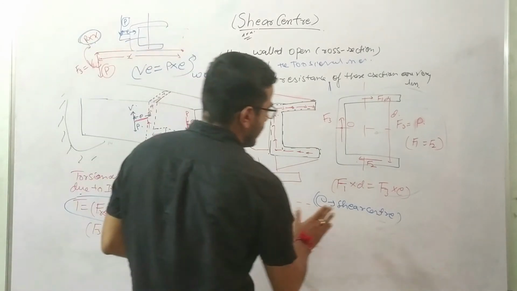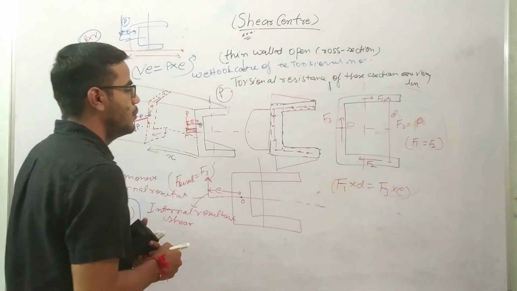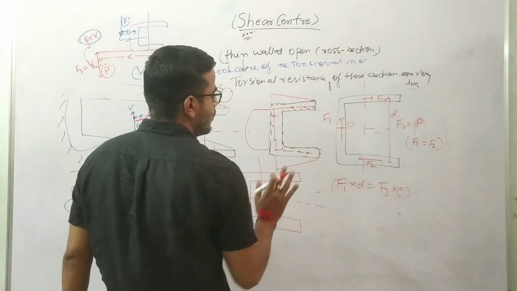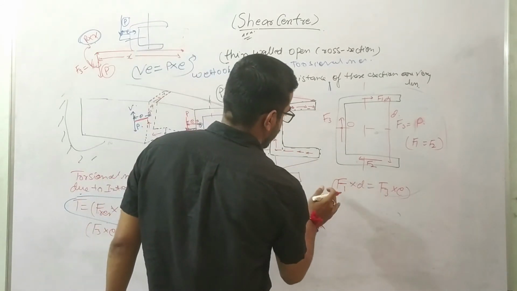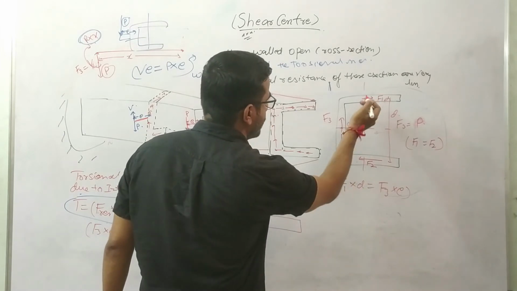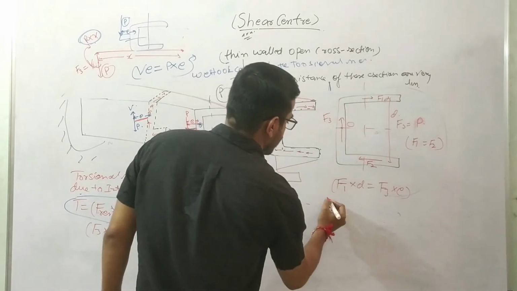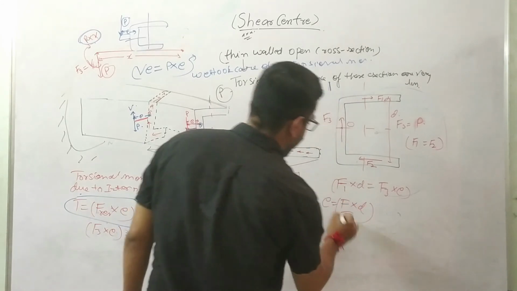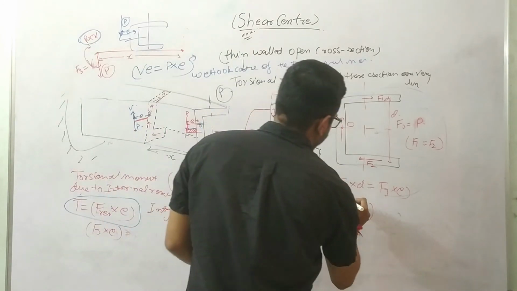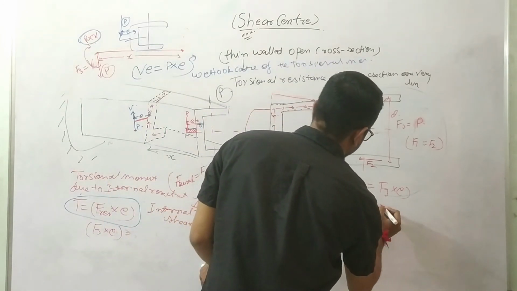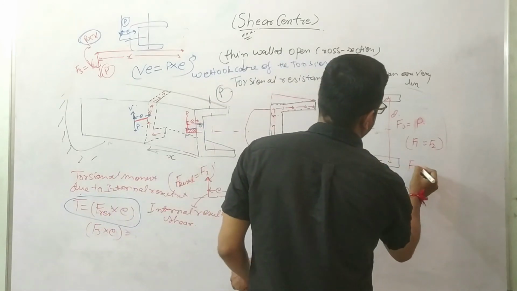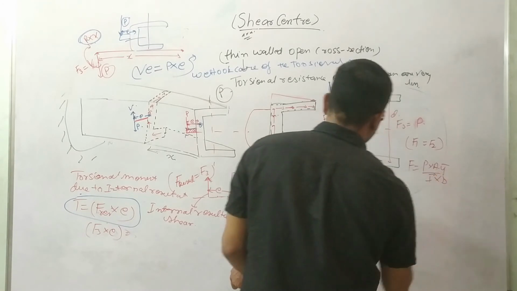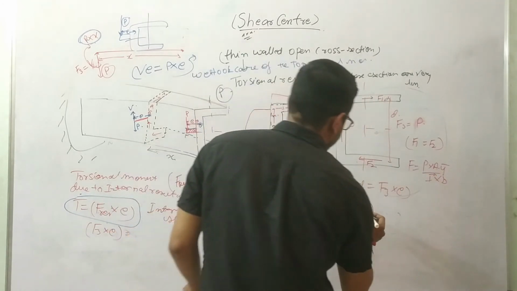Our main task is to calculate the value of E. D we already know. F3 we can calculate, F3 is given as P. F1 we can calculate by integrating this shear flow. So our E will be F1 into D over F3, right? Now F is composed of P into AY bar over I into B, so F constitutes the P component.